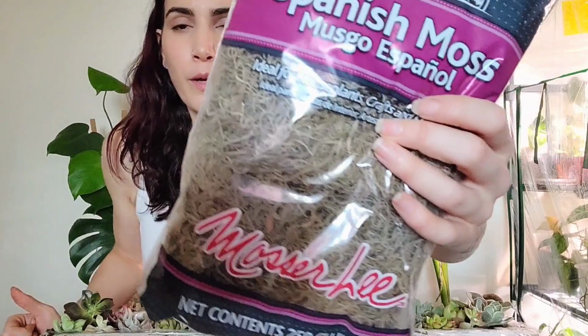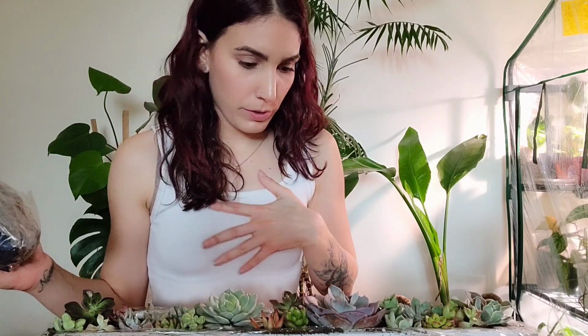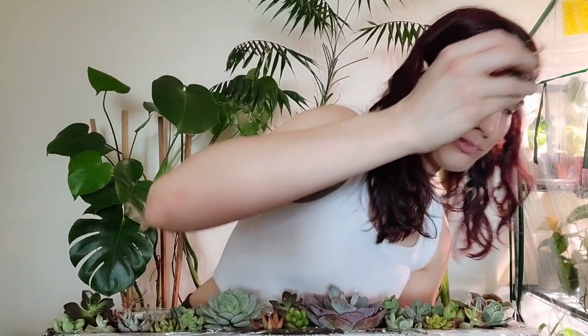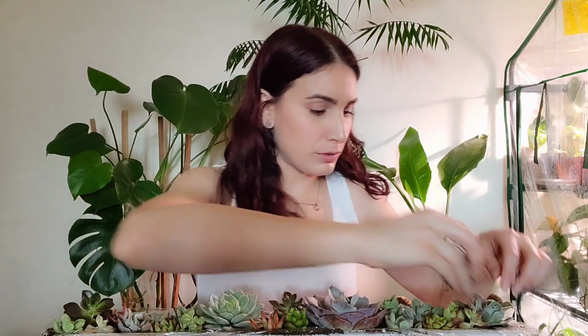So now what I'm going to do is take my Spanish moss and try and fill in some of these gaps here where you can see the soil, and hopefully that'll make it look a little bit neater because I don't have any top dressing, and we wanted to have more of a fall vibe. I've never tried to do this before. It might have been better to put it down before all of the succulents, to be honest with you, but we're going to try and at least squeeze it in there